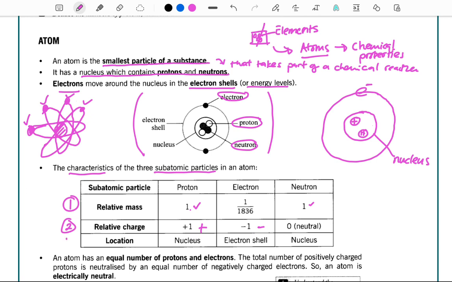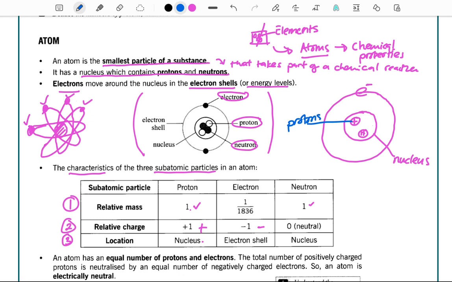Then the third characteristic is the location, or where they are found. So our protons, we find them within the nucleus. So here are our protons. They are positively charged, so we have these ones. These will be protons,